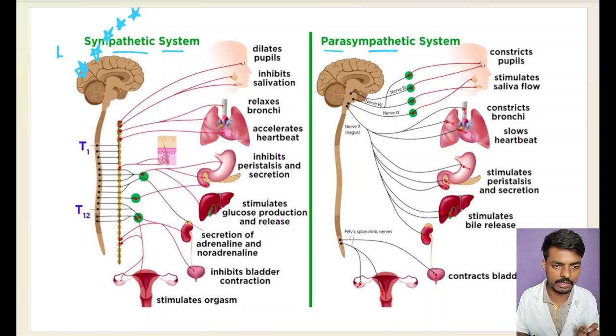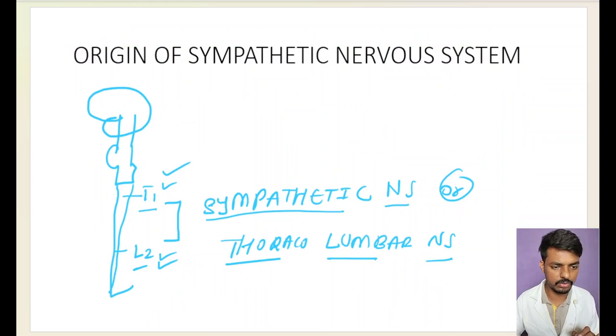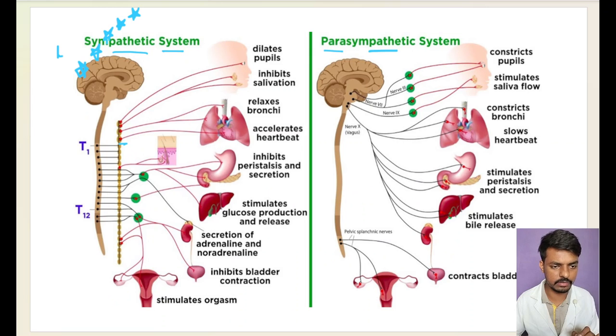ಸಿಂಪಥೆಟಿಕ್ ನರ್ವ್ ಸಿಸ್ಟಮ್ ನೋಡಿ ಎಲ್ಲಿಂದ ಒರಿಜಿನೇಟ್ ಆಗಿದ್ದಾವೆ. ಸೊ ಒರಿಜಿನೇಟೆಡ್ ಫ್ರಮ್ ದಿ ಥೊರಾಸಿಕ್ ಏರಿಯಾ, ಓಕೆ, ಟು lumbar area. Okay, sorry, wait 1 minute. So it's originated from the T1 to L2. Okay, it's originated from the T1 to L2. Very importantly, the nerves ಎಲ್ಲ ಬರ್ತಿದಾವ್ ನೋಡಿ ಇಲ್ಲಿಂದ. ಸೊ ಈ ನರ್ವ್ಸ್ ಎಲ್ಲ ನೋಡಿ ಪ್ಯೂಪಿಲ್ಸಿಗೆ ಡೈರೆಕ್ಟ್, ಪ್ಯೂಪಿಲ್ಸಿಗೆ ಸಪ್ಲೈ ಆದ್ರೆ